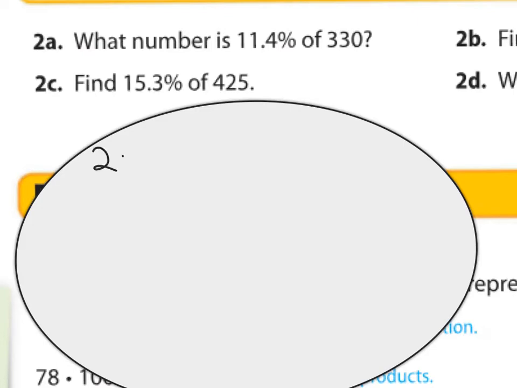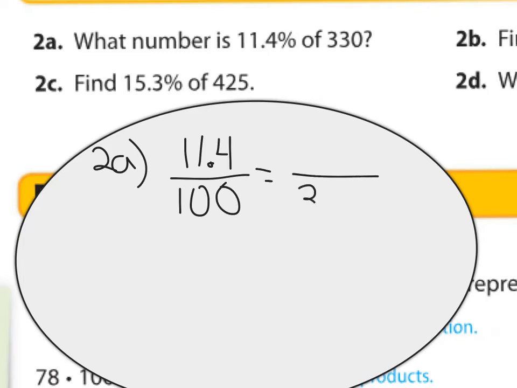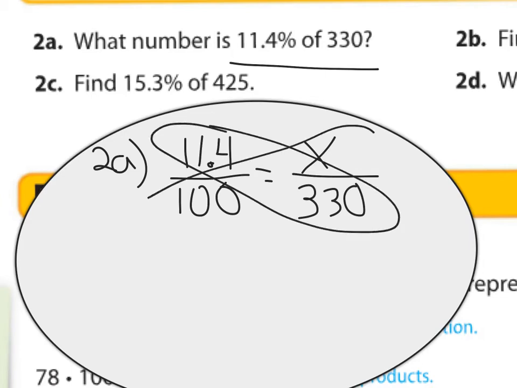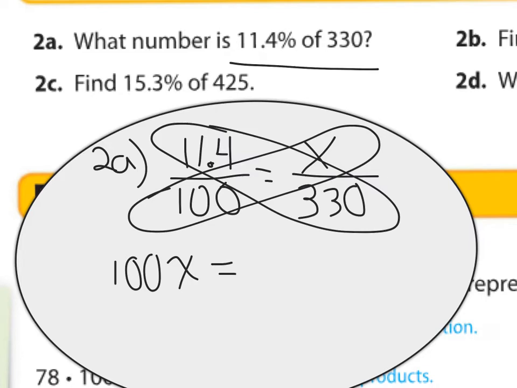Let's try 2A. So what is 11.4% off 330? Again, 11.4% per 100, right? Percent, 11.4 out of or off 330. You can see right there. And then we're looking for x. So we should cross product, multiply these two, and multiply these two together. 100 times x is 100x, right? And 11.4 times 330 is